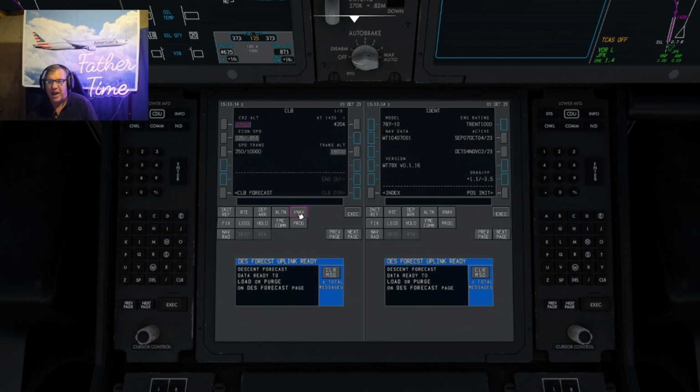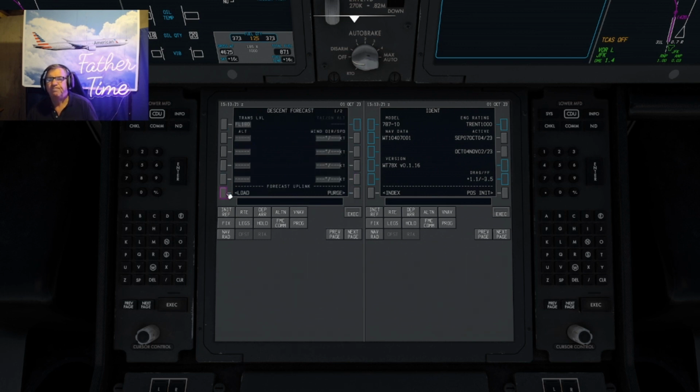Descent, you have to go to VNAV. Next page, forecast, and load. You might just want to write that all down if you're not familiar. And that's it. So now our FMC is partially loaded. And we're going to come in here. We're going to go to init, index,